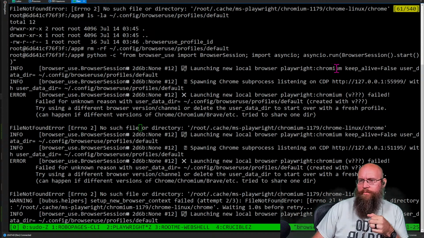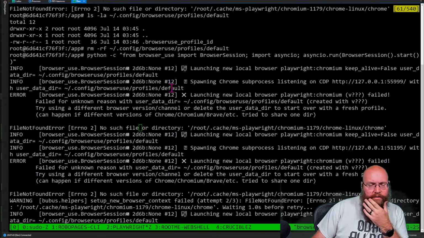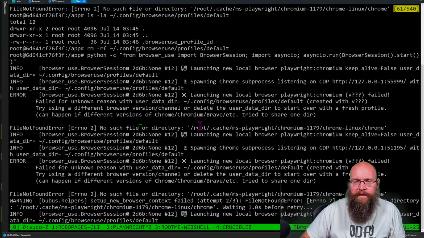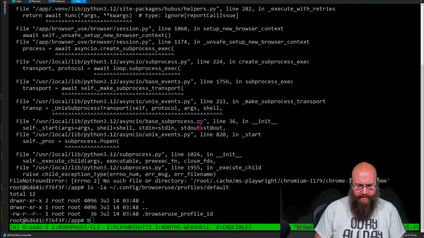So we're launching a new browser with Chromium, the default user data dir, spawning the Chrome subprocess listening with CDP. We get an error saying it cannot find the build, for unknown reason, with user data dir. We try something.